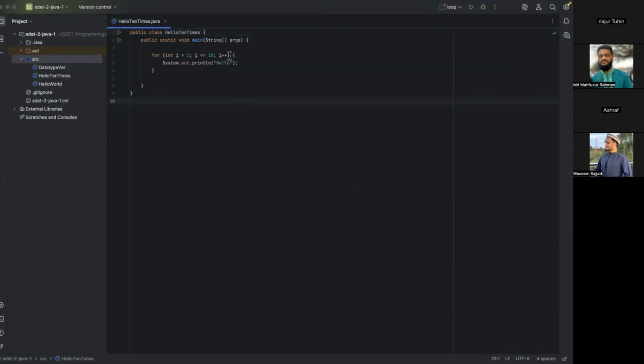We just write a code that will print hello 10 times. So here, the main thing to focus on is the for loop. We have two types of loop mainly. One is for, and another is,